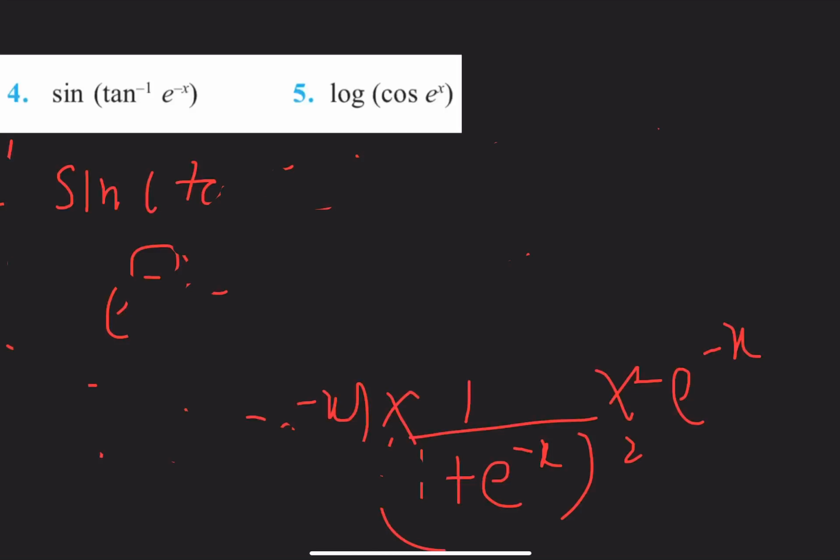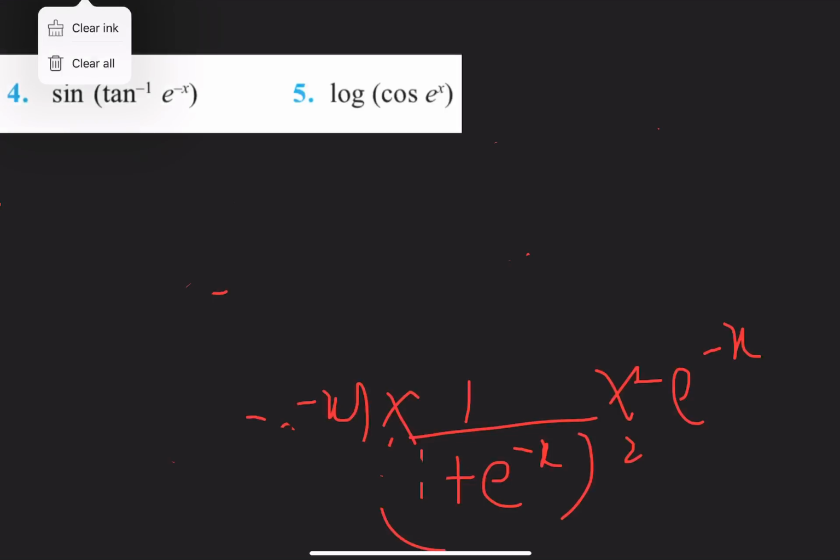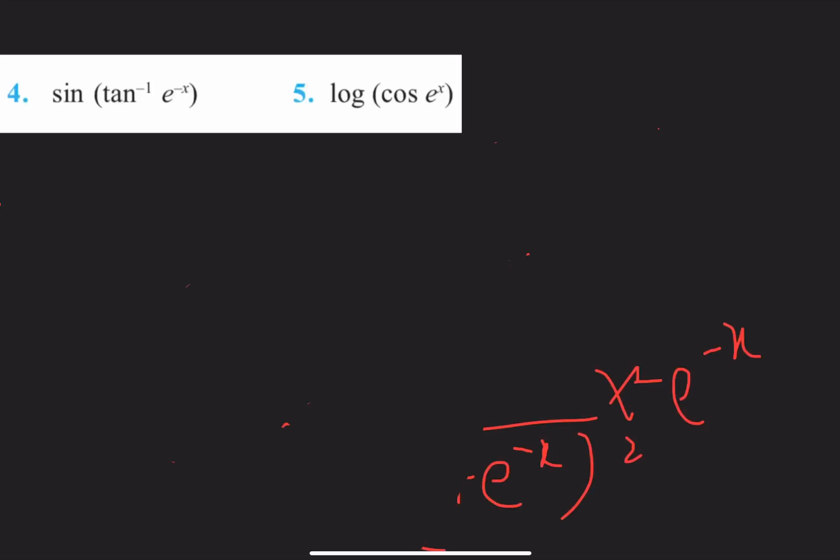Just give me a second to erase this, because if I do the clear all button, then even the question will get erased. We cannot afford the question to get erased. We just have to erase this. I'm not able to use the bigger eraser today. I don't know why that is happening. Otherwise I would have used the bigger eraser only.